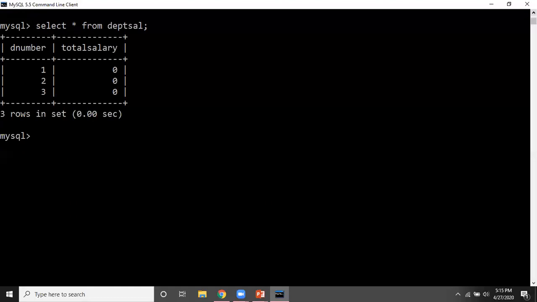So our first step, every time we work with procedures and functions, is to change the delimiter. For changing the delimiter, my syntax is delimiter, and then the new character which I want as the delimiter. So I'm putting 2 forward slashes as the delimiter. Now my delimiter is changed.